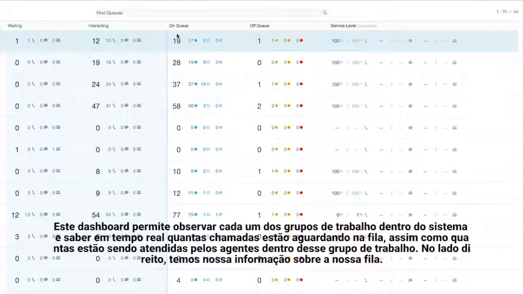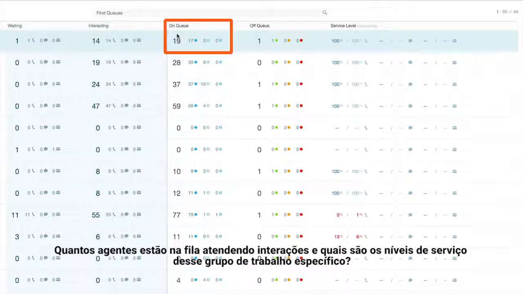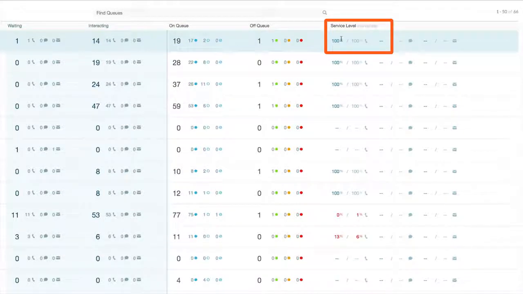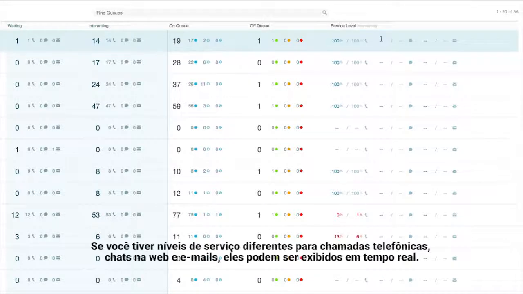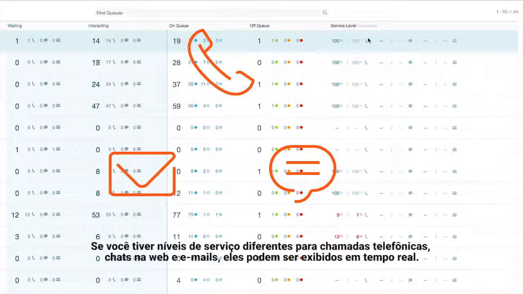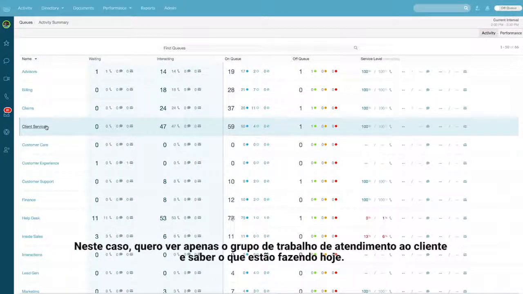On the right-hand side, we have our queue information. How many of our agents are on queue, actively taking interactions, and how are our service levels for that specific work group. We can even break the service level information down by media type. So if you have a different service level for phone calls, web chats, and emails, that can be exposed in real time. In this case, I just want to take a look at the client services work group and see